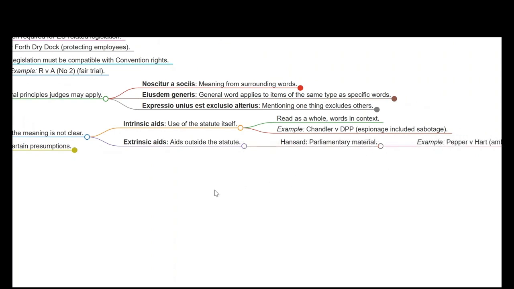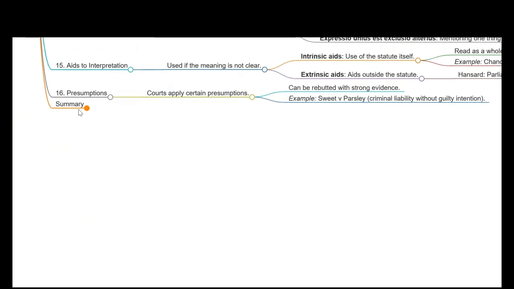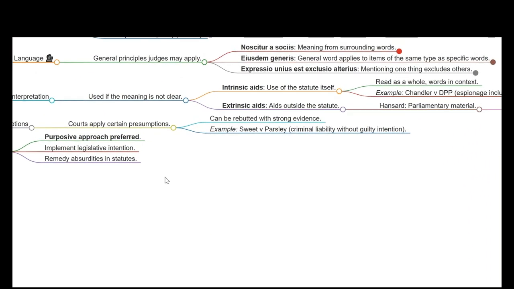Summary. In summary, statutory interpretation is a complex but vital process. The courts now prefer a purposive approach, aiming to implement legislative intention and remedy absurdities in statutes. I hope this video has clarified the key